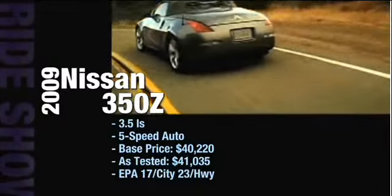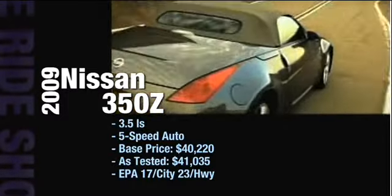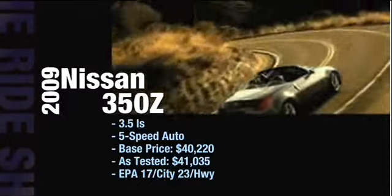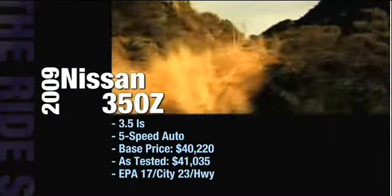Let's take a look at the MSRP. The 2009 Nissan 350Z Roadster Touring comes with a 3.5-liter engine, a 5-speed automatic transmission, and its base price is $40,220. Our in-studio as-tested model, $41,035. You'll get 17 miles a gallon in the city and 23